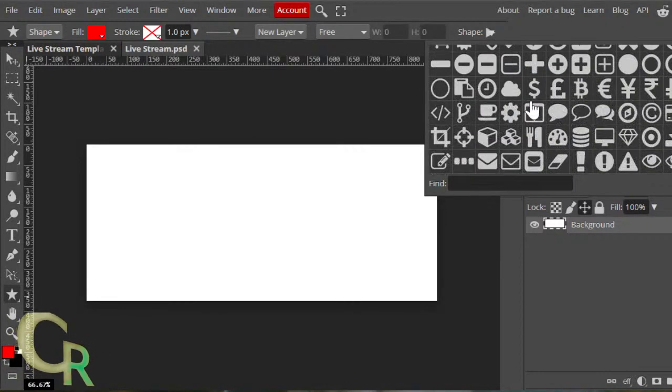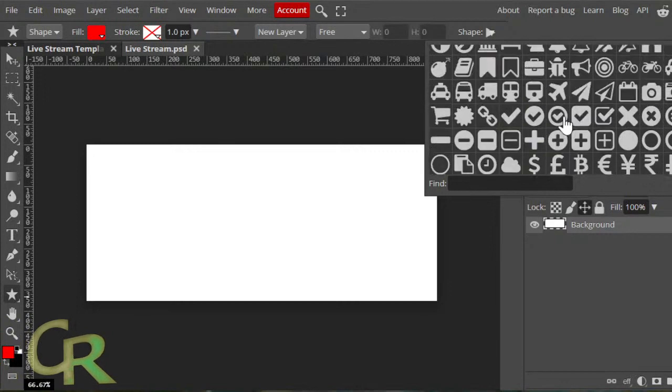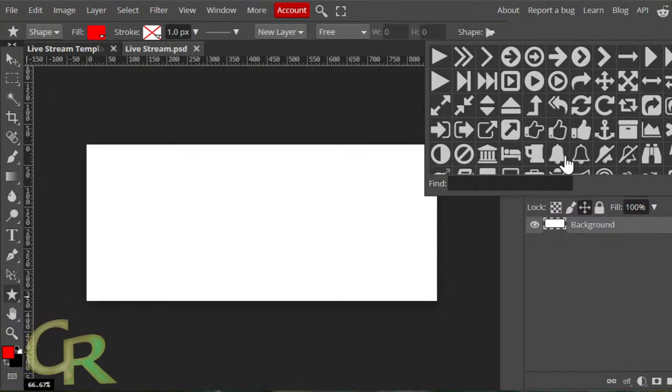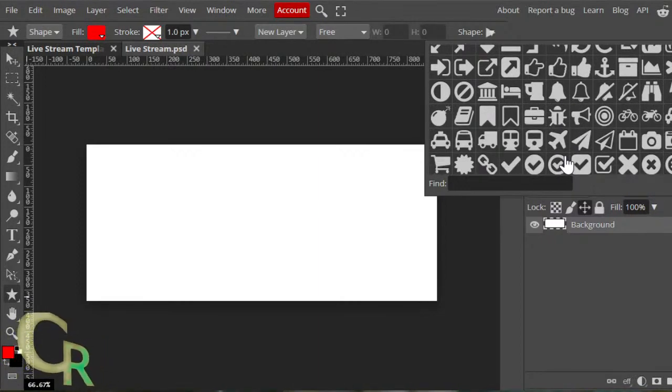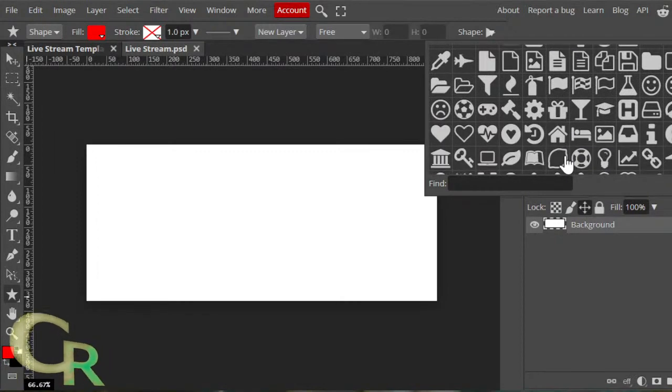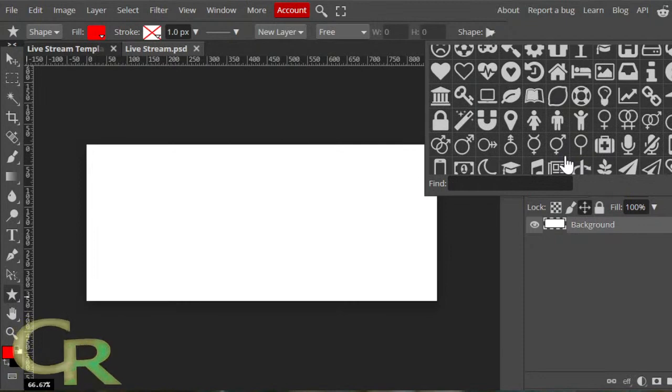Lots of shapes. Some sort of shape that I can use. Foghorn. And there's a bell thing. Let's see what we can do here. The foghorn's not a bad thing. That would be good, I think, for a live stream template.